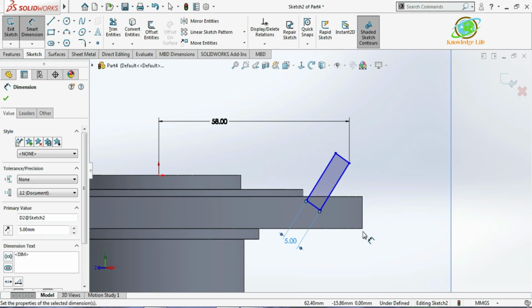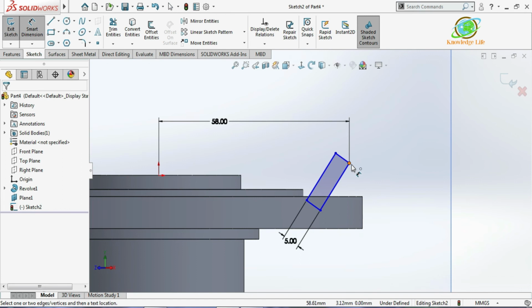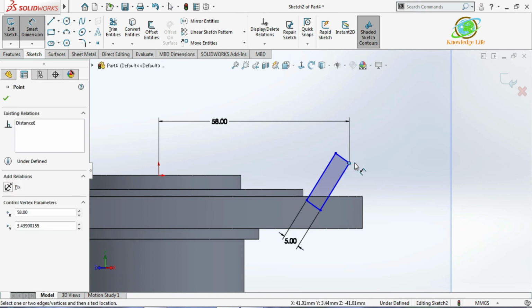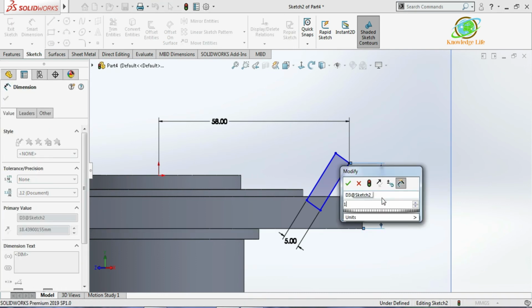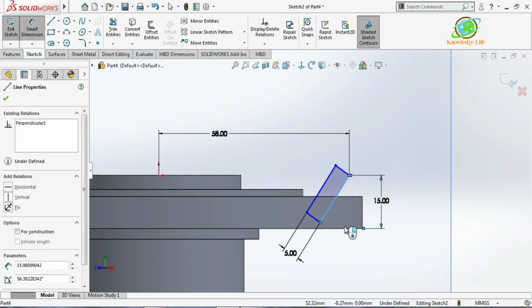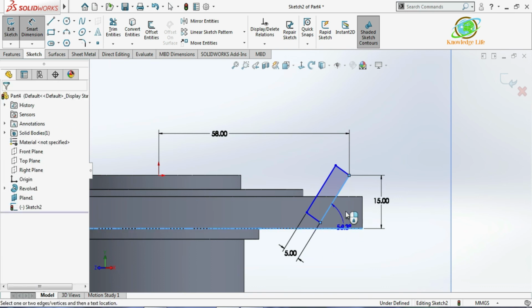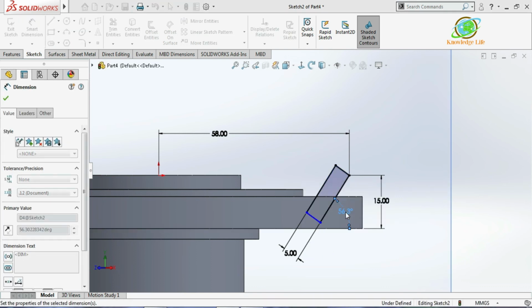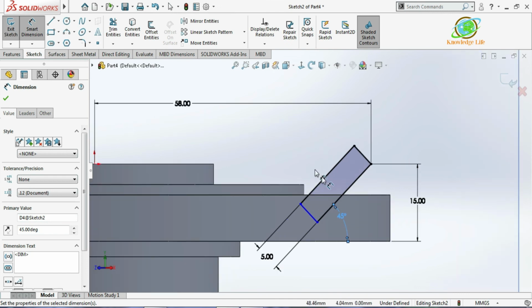They have given the height from here to the center portion, 15. So I'll give the height as 15. Still this is not getting fully defined, so I need to give one angle also. This and this edge having the angle of 45 degrees. Now you can see this portion is getting fully defined. I'm not going to make the other portion fully defined, just leave it like this.